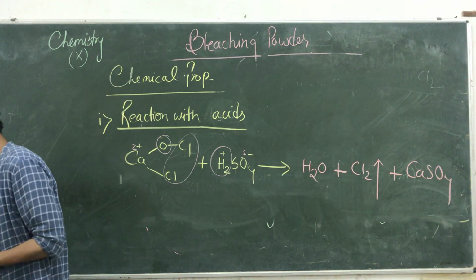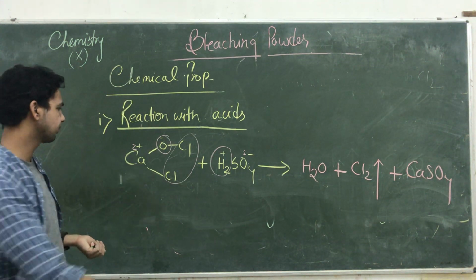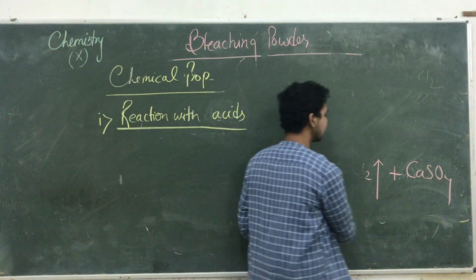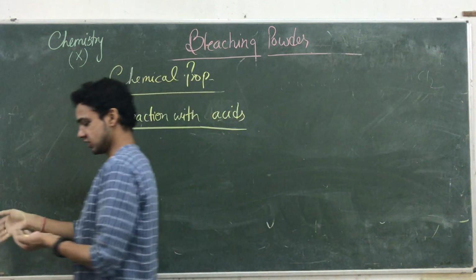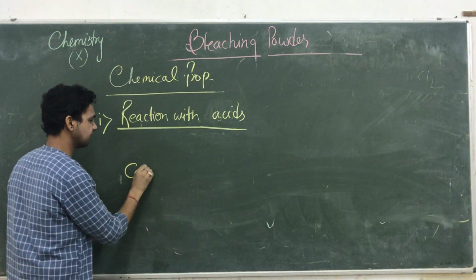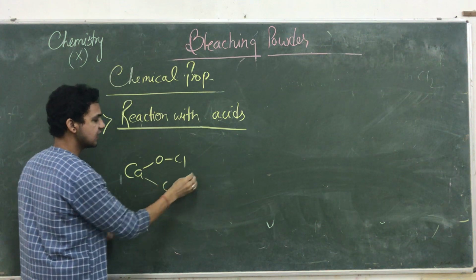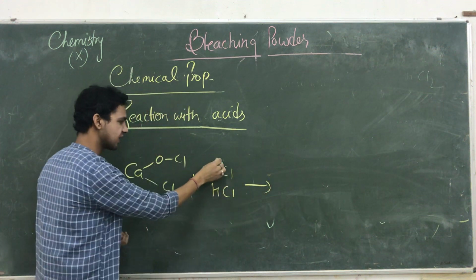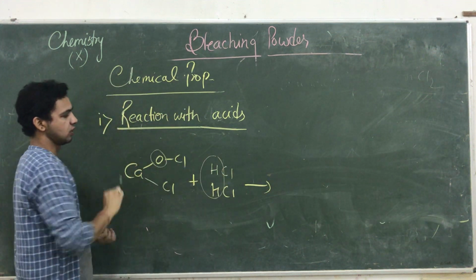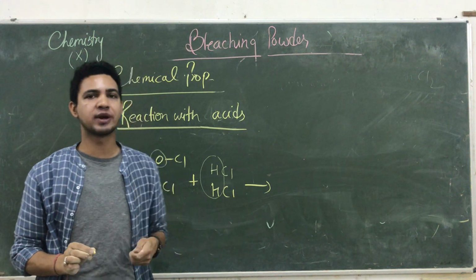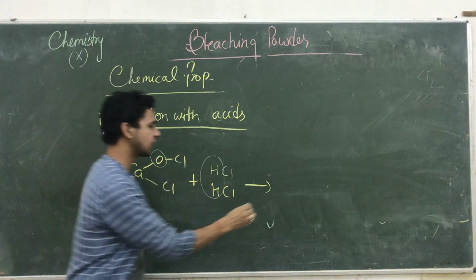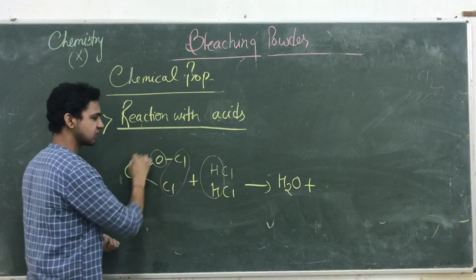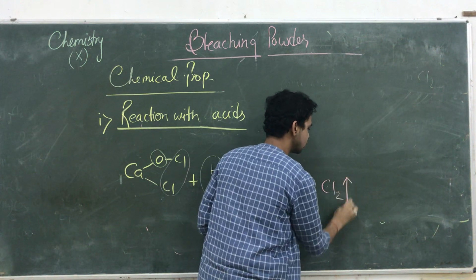Okay, let's try it with HCl. See what formations happen in it. Then we are conducting the same reaction with HCl also. So here we are taking CaOCl, Cl. Here we are taking 2 molecules of HCl. Why do we need 2 molecules of HCl here? Because here 2H react with 1O. We need to make H2 here, so 2H is required. So H2 reacts with O, giving H2O. Same as here, 2 chlorines react with each other, giving Cl2 gas.